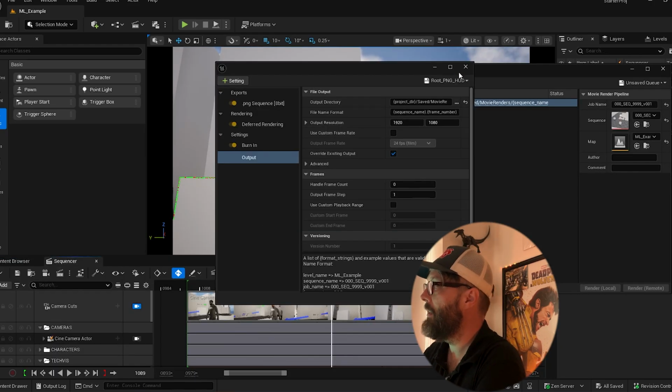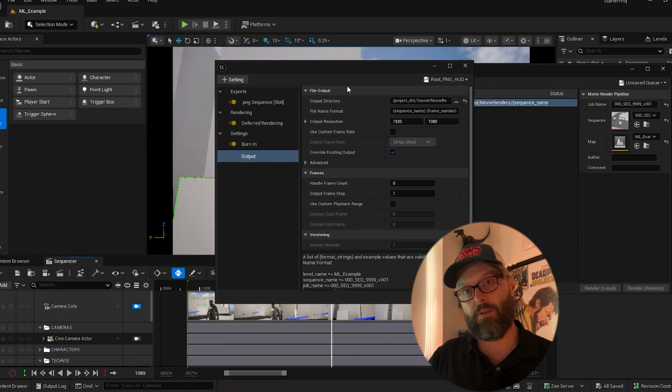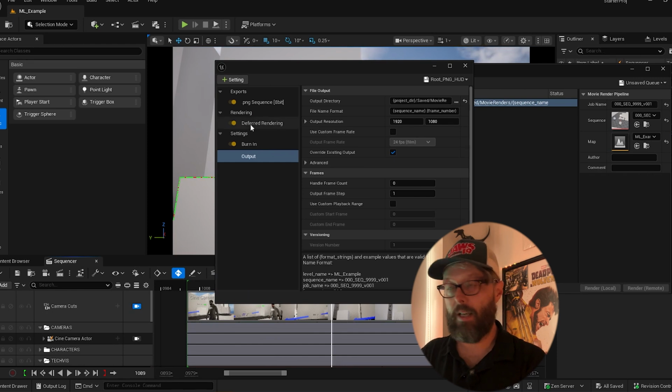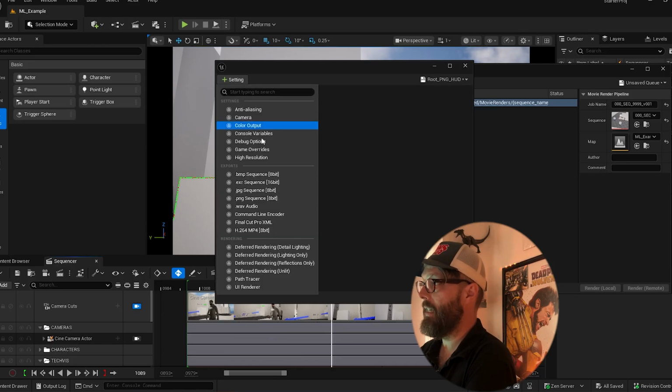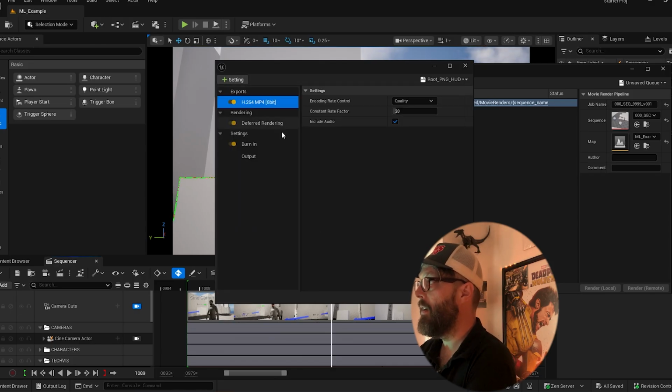So that's going to render you an image sequence. Now, if you want to put that into After Effects, that's historically how it's worked. It will do it as a PNG sequence, and you put it into After Effects. Now, one of the new features of 5.6 is we can do a H.264 MP4,